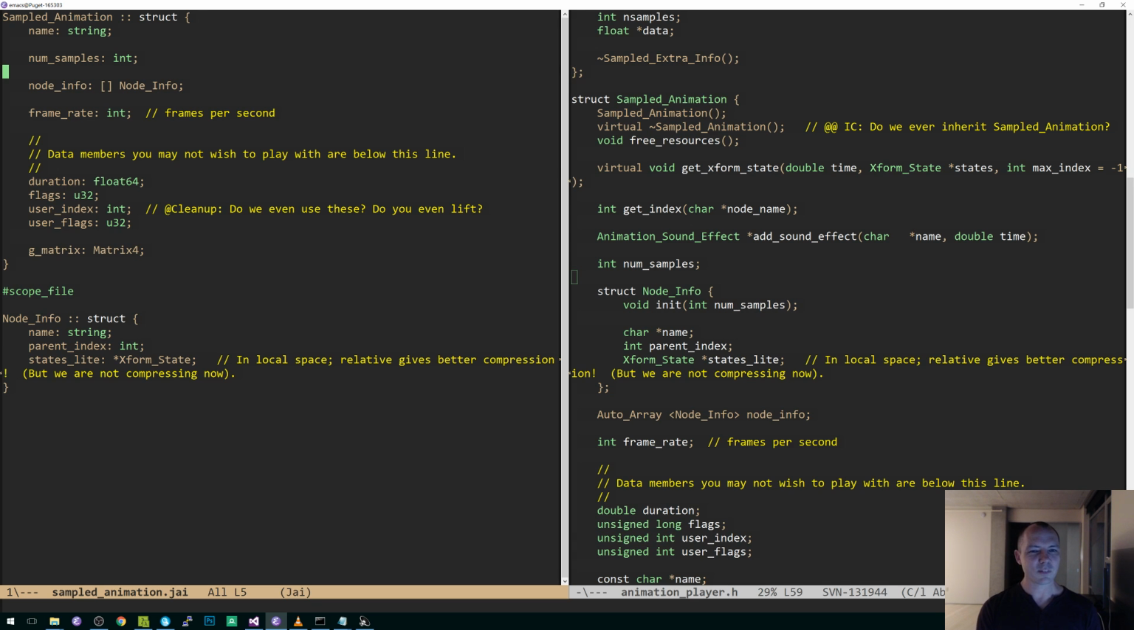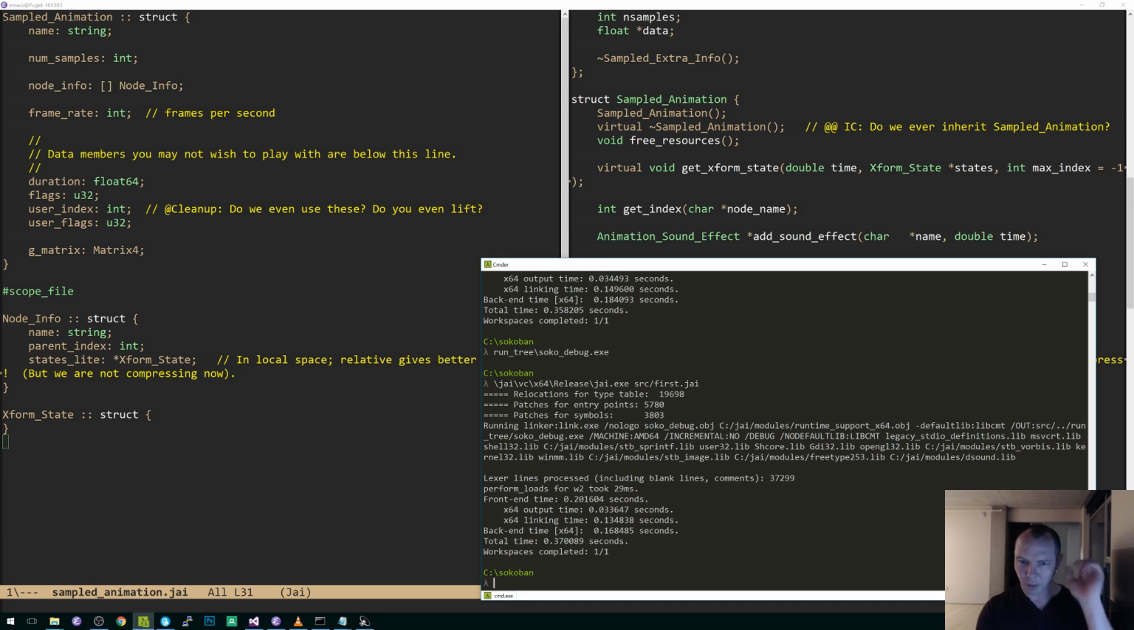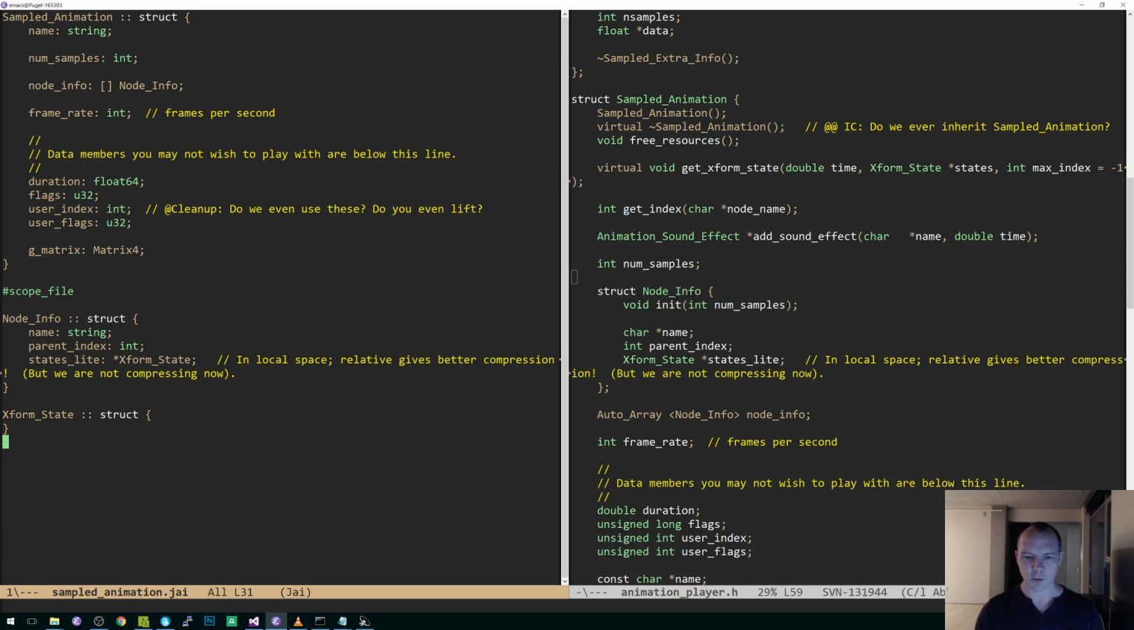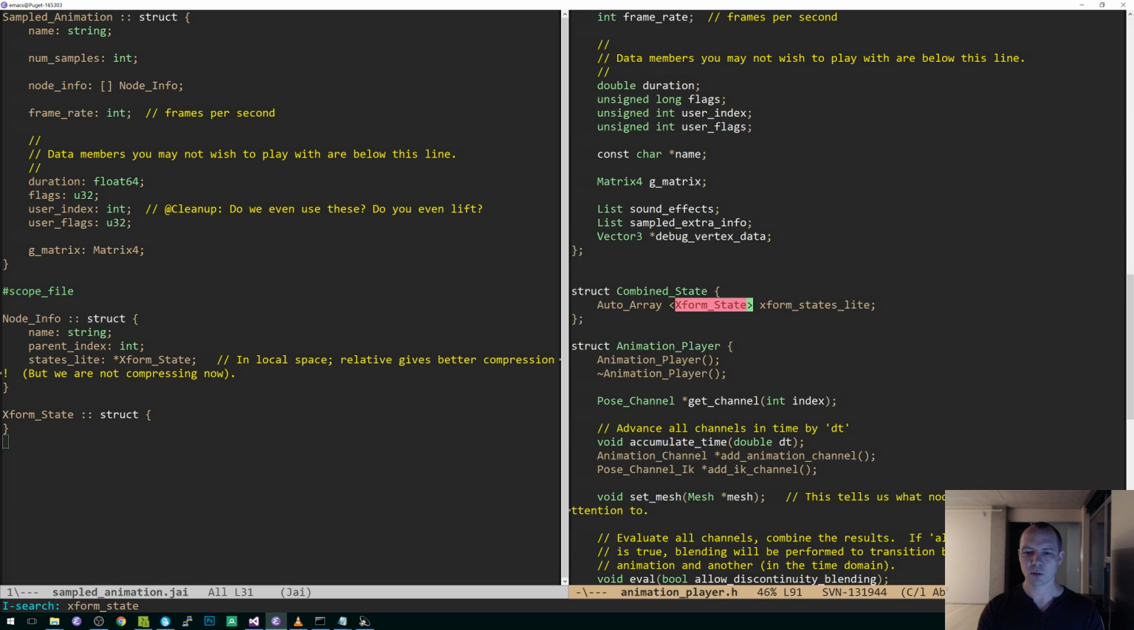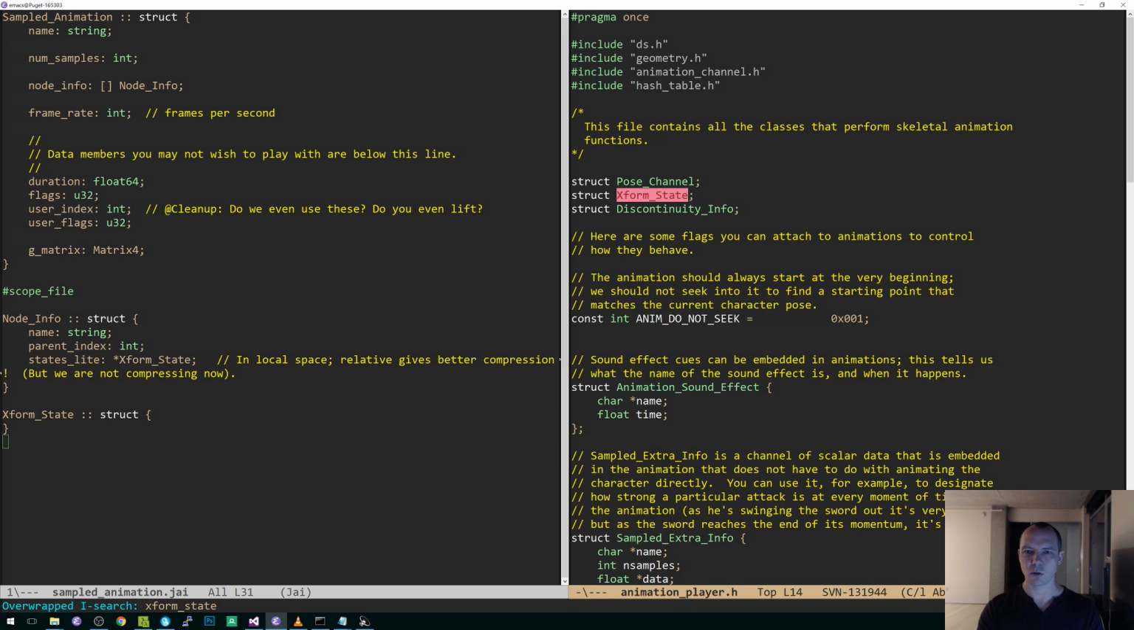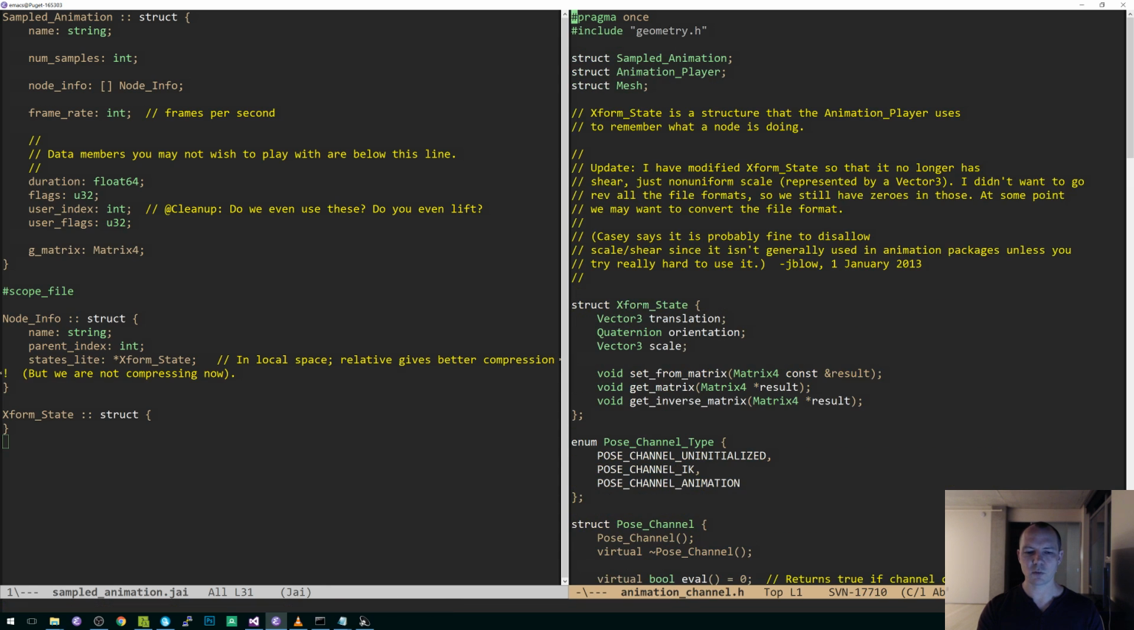Okay. So we've got a struct. Let's see if, oh, I'm going to need to declare xform state or it'll get mad. We'll just make it empty for a second. Okay, that compiles. Good, it compiles. All right, let's define xform state. Is that an animation channel? Okay, so xform state is basically